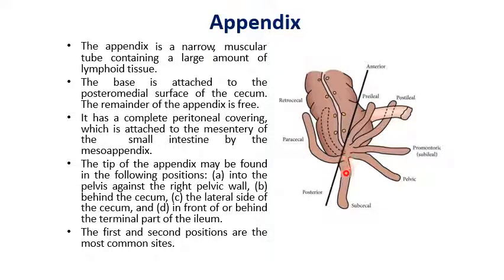And sometimes it may be found below the cecum, just hanging like this below the cecum. Then this position is known as the subcecal position, or it is also known as mid-inguinal or 6 o'clock position. See, this is 6 o'clock position of the hour hand, so it is known as 6 o'clock or mid-inguinal or subcecal position. So the most common is the retrocecal position, and the second most common position of the appendix is the pelvic position. So these are the various positions of appendix found in human body.